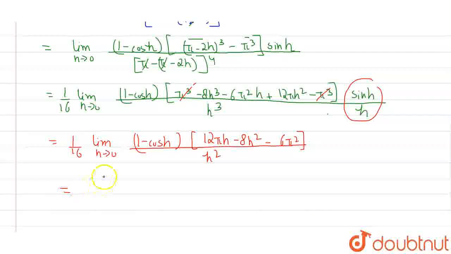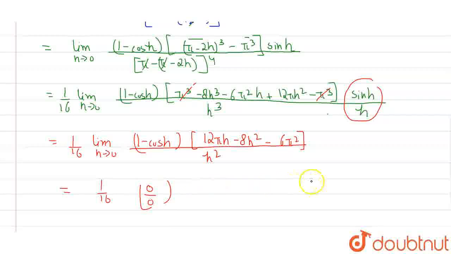Now if we put the value of h tends to 0 here, what will we get? We will get 1 by 16. This one will become 0, and the denominator h also becomes 0. Okay, so this is the value we are getting. This is an indeterminate form. So what we have to do here, when we get 0 by 0, in that case